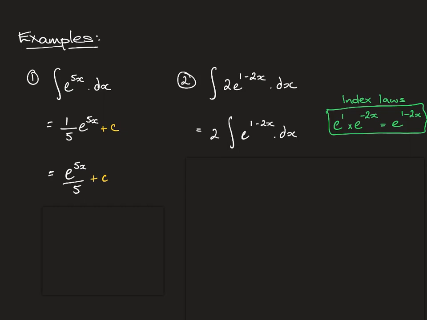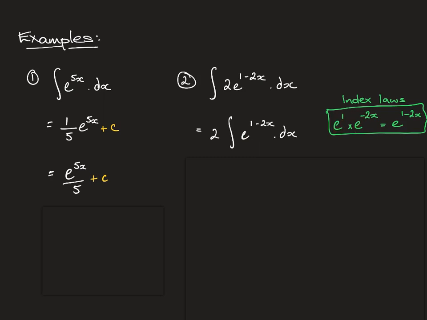So we're going to use some of our index laws, and you can see I've got index laws over here. So e to the 1 minus 2x can be written as e to the 1 times e to the minus 2x. So that allows us to split this into two separate things to integrate,